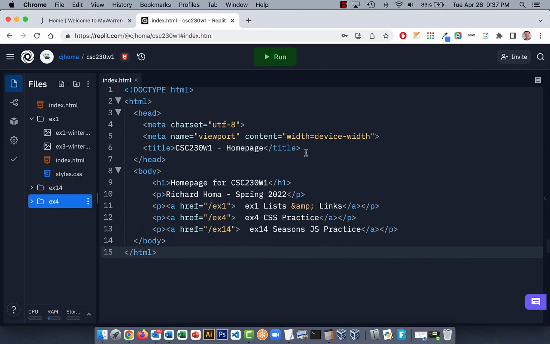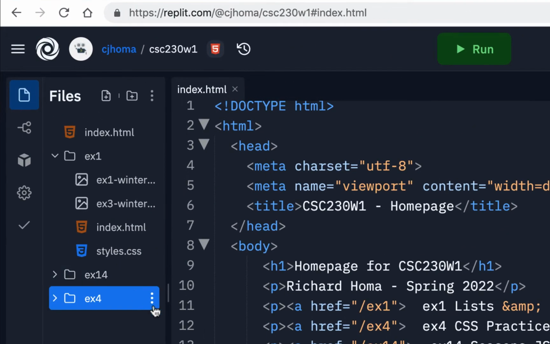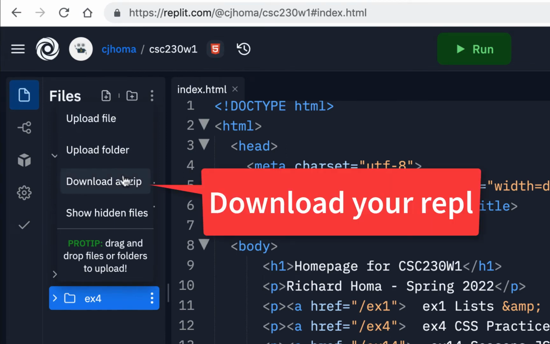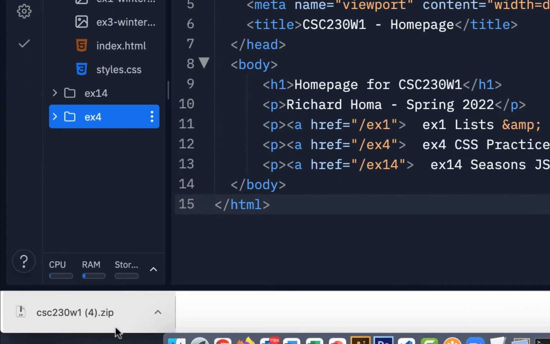So I'm back in Replit, and I deleted my ex15 folder so I could start from scratch. And you can't just copy this in here. There's no duplicate, anything like that. But what you can do is you can go up here to your 3 dots, and you can download as zip, and that'll download the entire repl. So everything that's in your CSC230 W1 will download. So I'll do that right now, and it'll go as a zip,